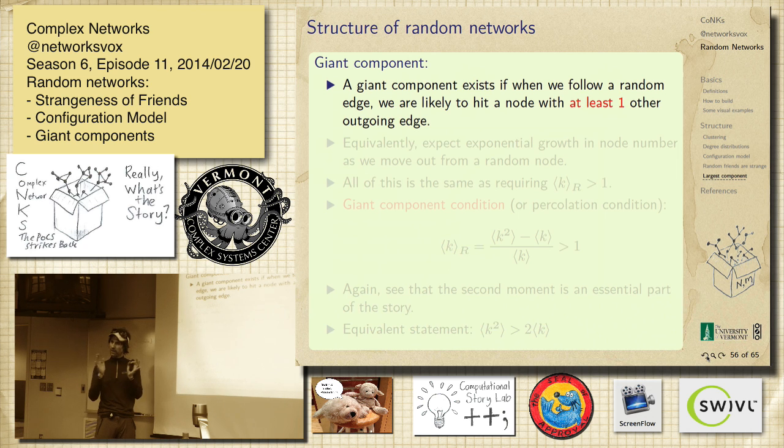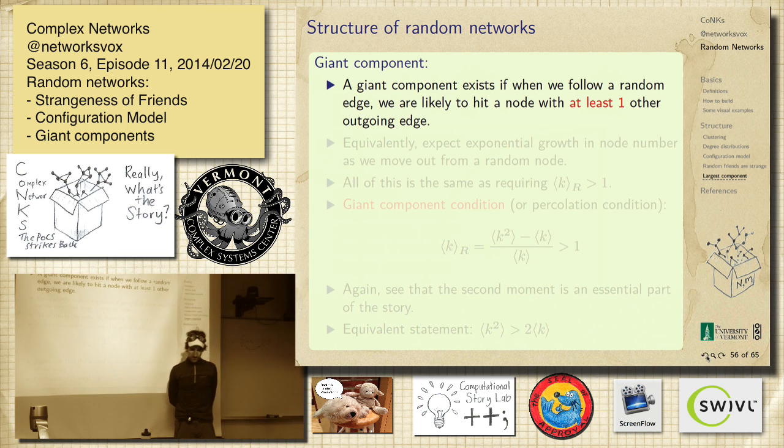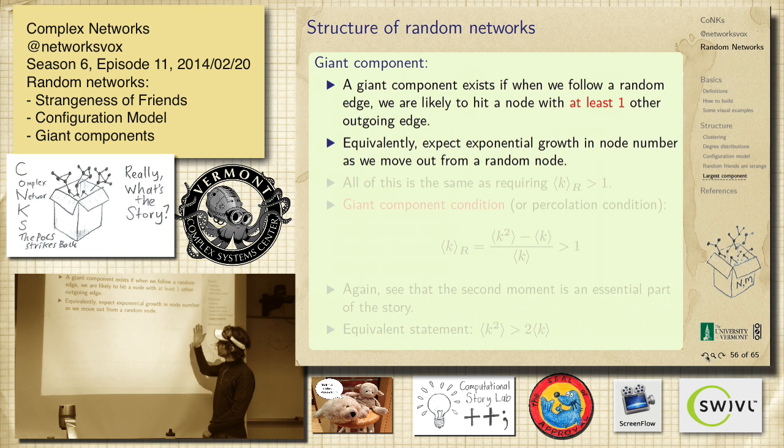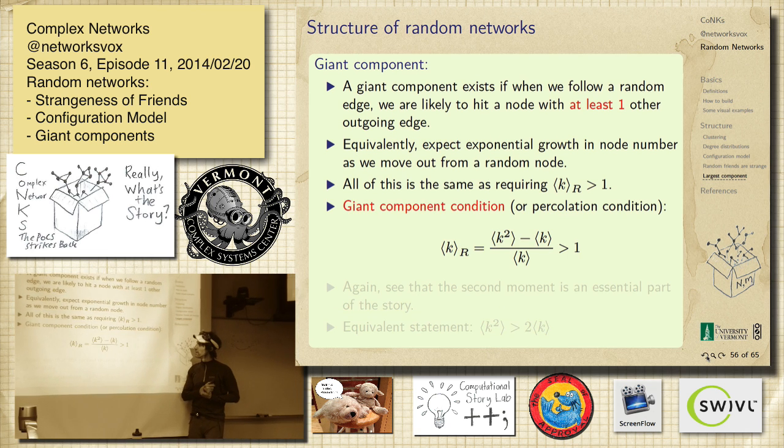You will have it take off, right? So you keep jumping on this network, you jump on an edge, and if the average, this K-sub-r, the average number of other friends a node has, is greater than 1, then on average you see an exponentiation. It grows. So it's the same, exponential growth. So that's the criterion for random networks with arbitrary degree distributions. We can say this, and we can start to say this more generally, but this is where we are.